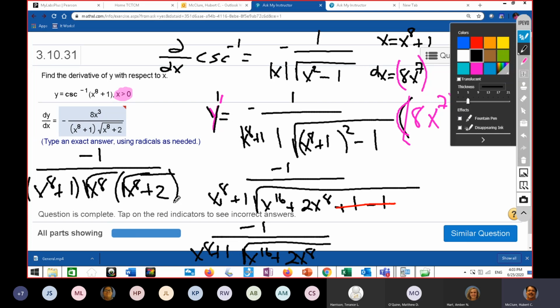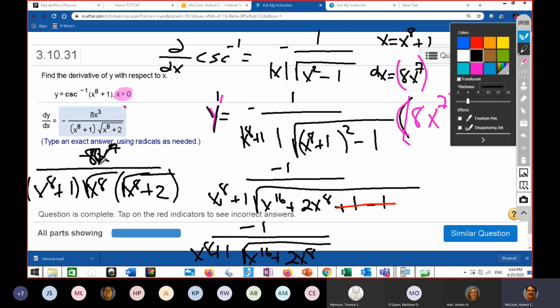And that x to the 4th, wait a minute, I'm supposed to have x, hold on. That 8x to the 7th needs to be up here. I just left it off, I'm sorry. That 8x to the 7th, and it doesn't need to be negative either, it needs to be positive. Let's see. No, it's negative. And yeah, there's the negative right there. So that x to the 7th